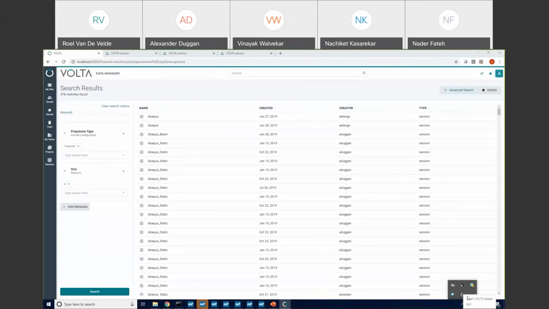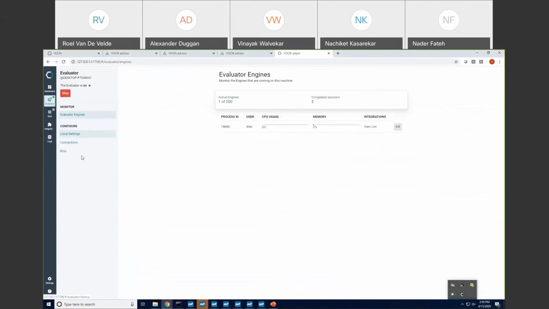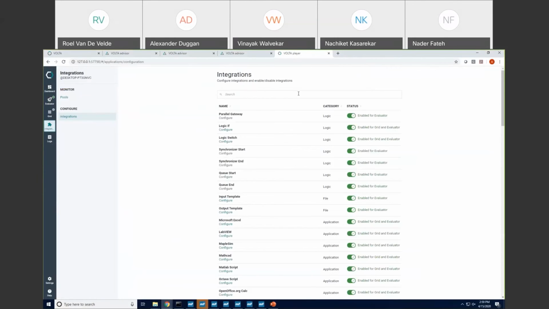It's running here in the background on this machine. So if I open it up, this evaluator is somewhat automatically configured once you download it. So it knows how to connect to the Volta server, the centralized Volta server, and you have to tell it what processes it can run. Again, as an MDO